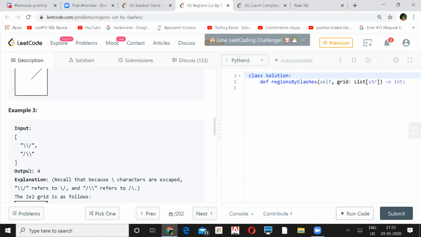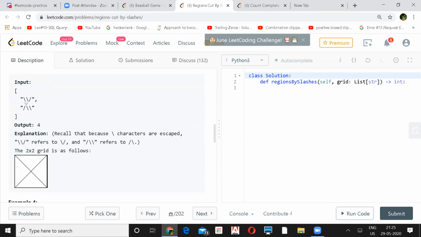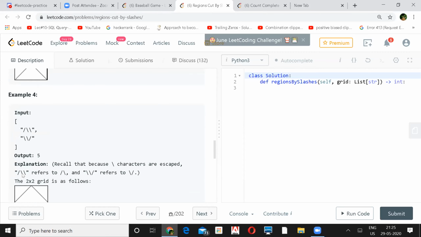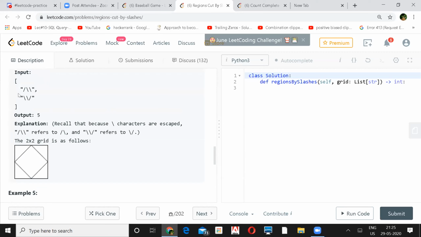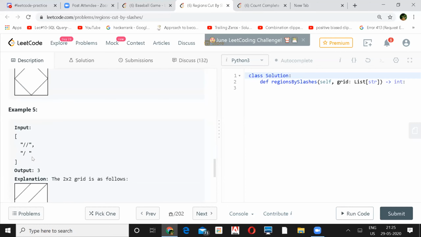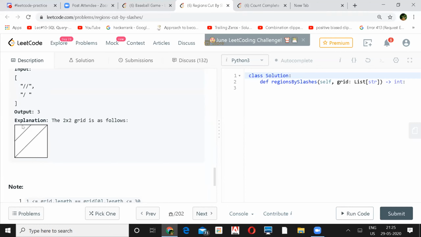And coming to this, we are skipping the first one, and then this V separates, and here the second one and skipping the second. So you'll be able to divide it into 4 regions. And same if you go here, first you take this and the one below, then skip the second one and take the inverted, what do you say, normal V. So here you'll be able to divide it into 5 regions: 1, 2, 3, 4, and 5. And again here you can see 3.